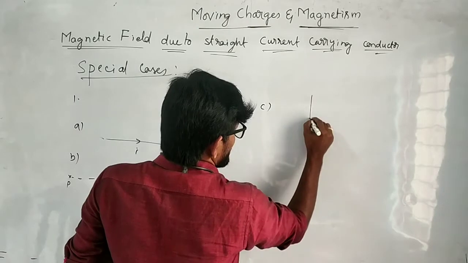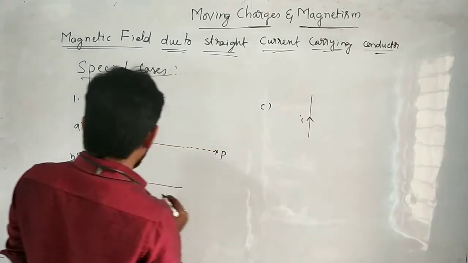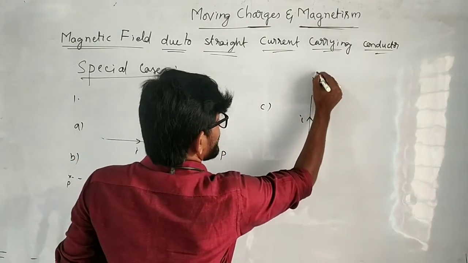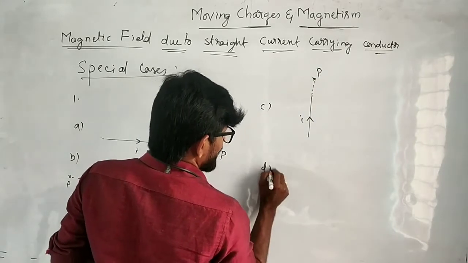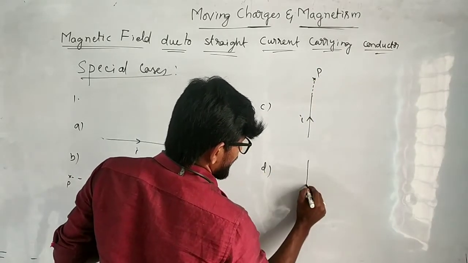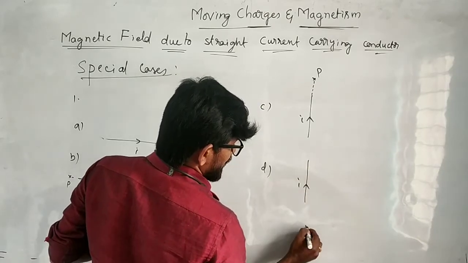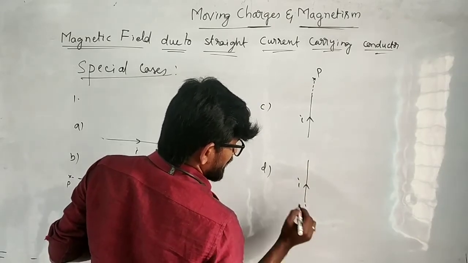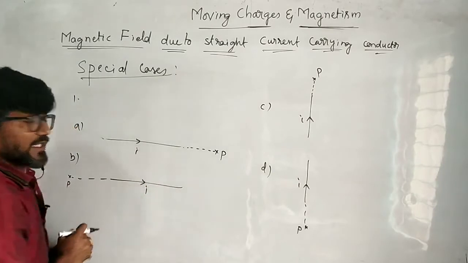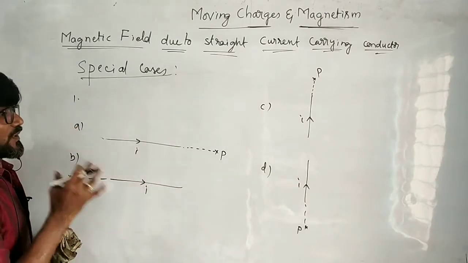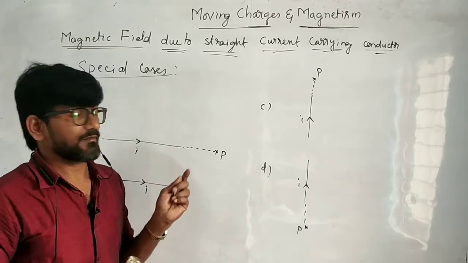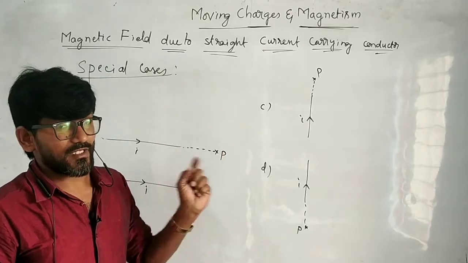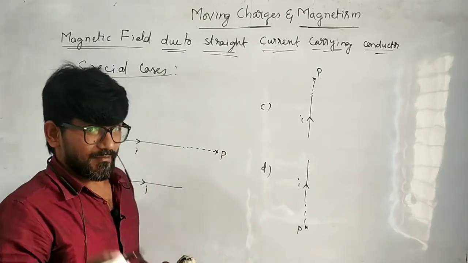If this is the conductor in which current I is flowing, at a point P here, due to this, what is the magnetic field here? And if you have this current carrying conductor in which current I is flowing, at this point P, what is the magnetic field? In all these cases, the total magnetic field due to a straight current carrying conductor we have derived as B equal to mu naught I by 4 pi d into sin alpha plus sin beta,